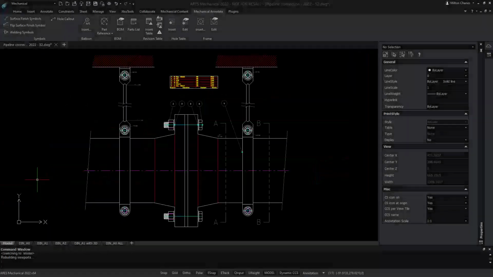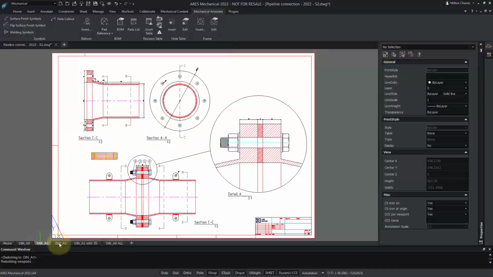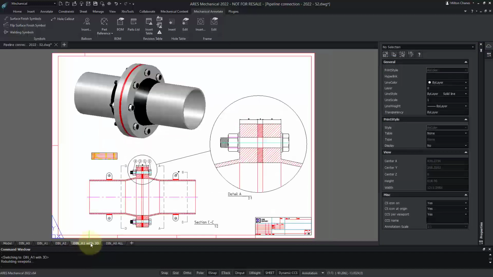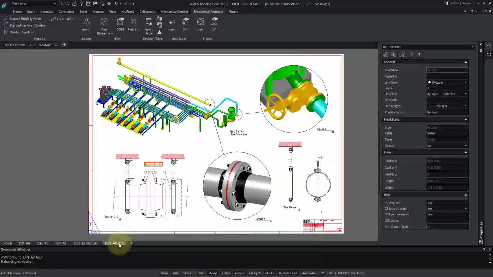Now that we have seen the older technique to use frames in model space, let's see the second approach with layouts. The motivation to use layouts would be to leverage more advanced features, such as annotation scaling and sheet sets. Using layouts is also a better way to show both the mechanical and non-mechanical content, like this 3D view, on